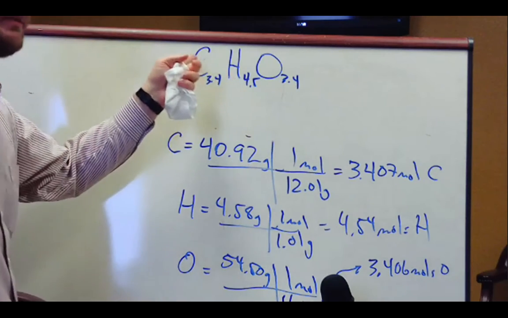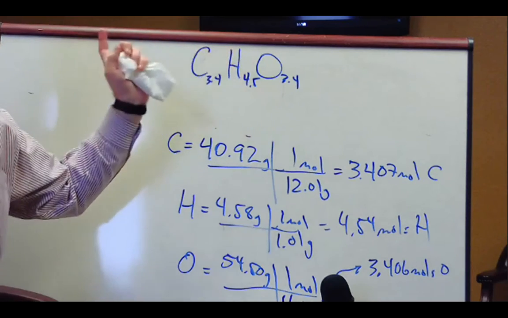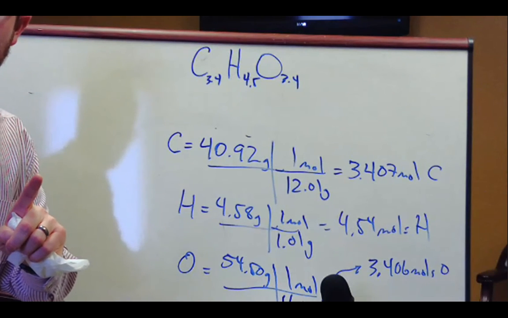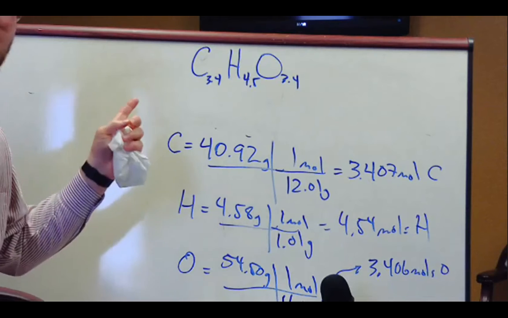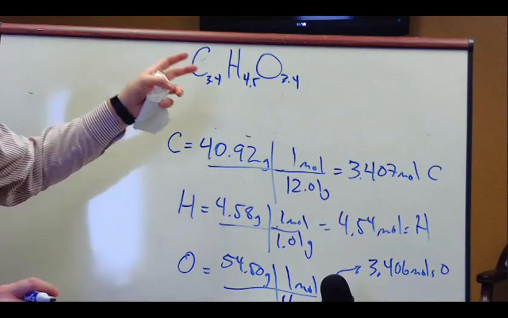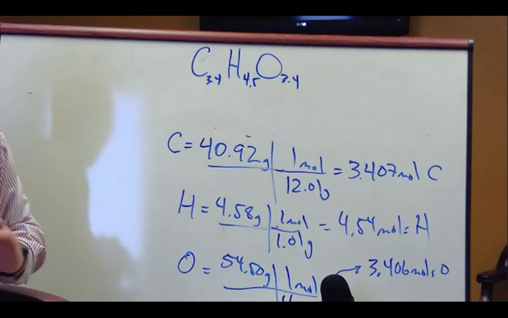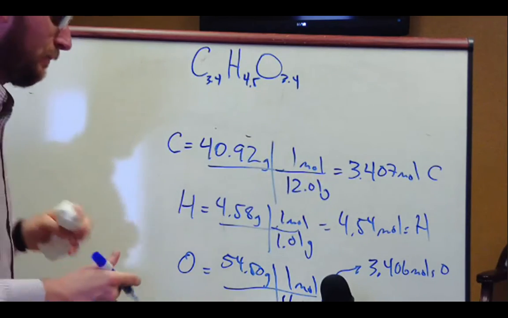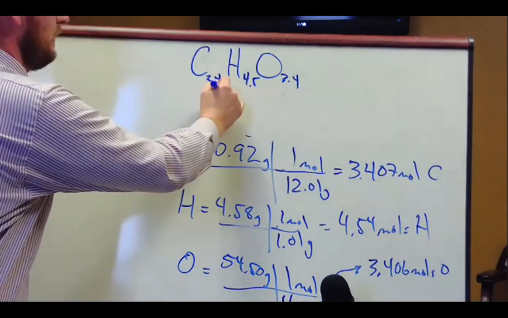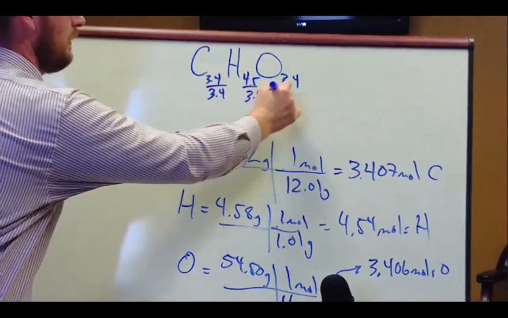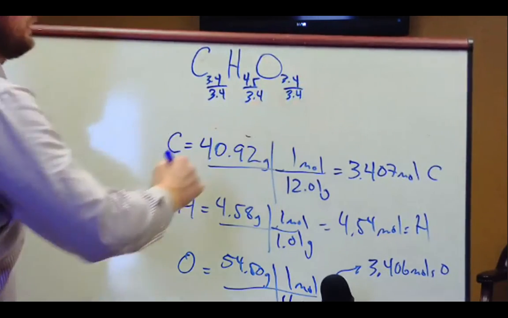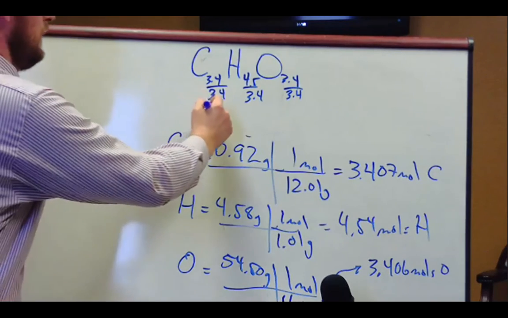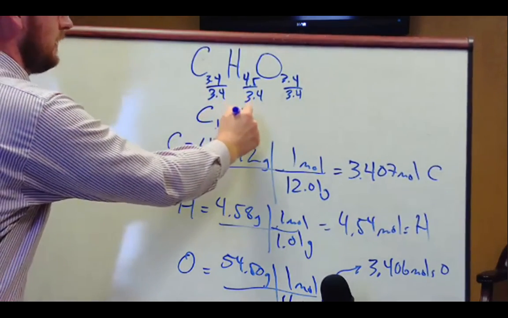Or let's look at this. How many moles of carbon are in this compound here? Well, you would say for every 1 mole of the compound, we would have maybe 2 or 3 moles of carbon, whatever we decide this to be. So let's do the empirical formula. So right now we have these number of moles from down here. The next step is then to divide by the smallest number. Right? And so here we're dividing by the smallest number, which is 3.4. And what will happen is we'll get C1H